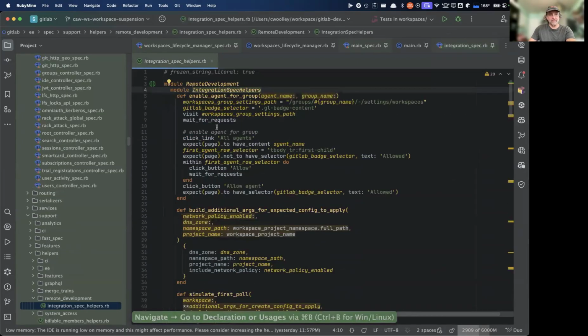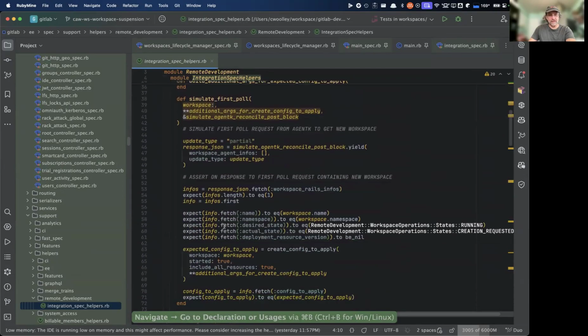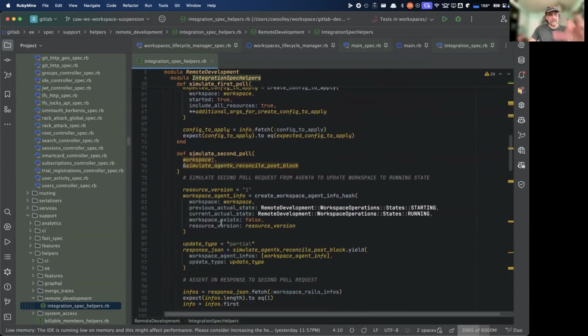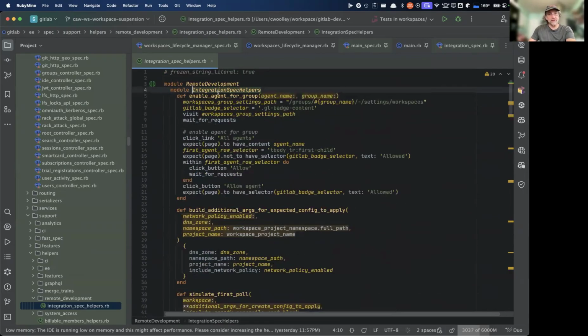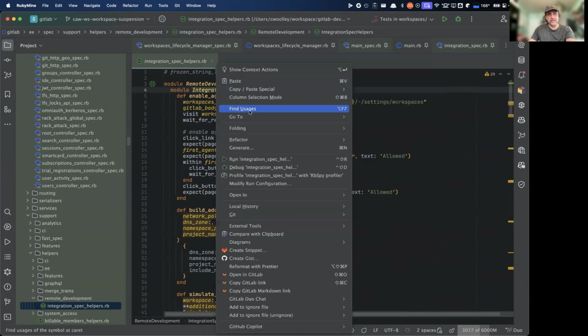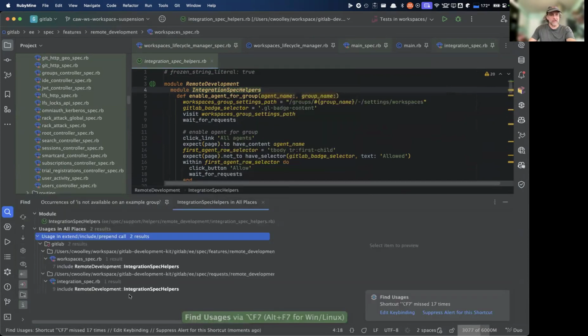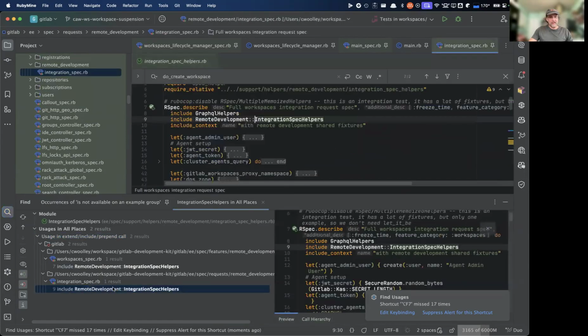These are the implementations of those different steps, like the expectations and all of the stuff that we're expecting to do through this prototypical scenario of multiple requests in the reconcile flow. But if you look where this is used elsewhere, you can see it's also used at this level in the requests, which is